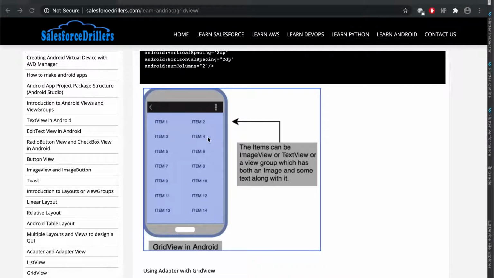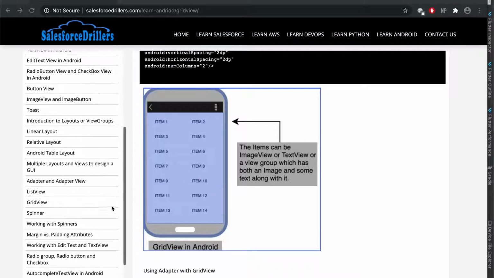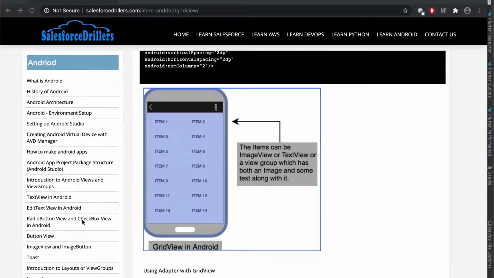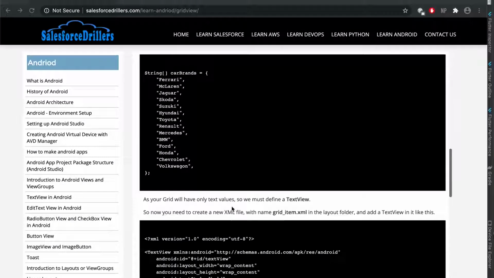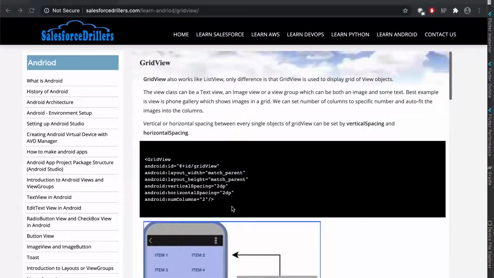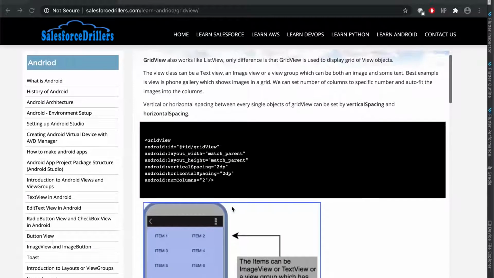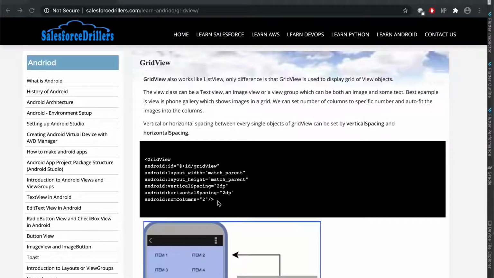It will show items side by side. Also, you can put a single row with two items in there. This is called the grid view, whereas the list format is shown only in a vertical manner. A grid view can be shown in both horizontal and vertical manners. So today I'm going to show how to implement that array list in a grid view format.